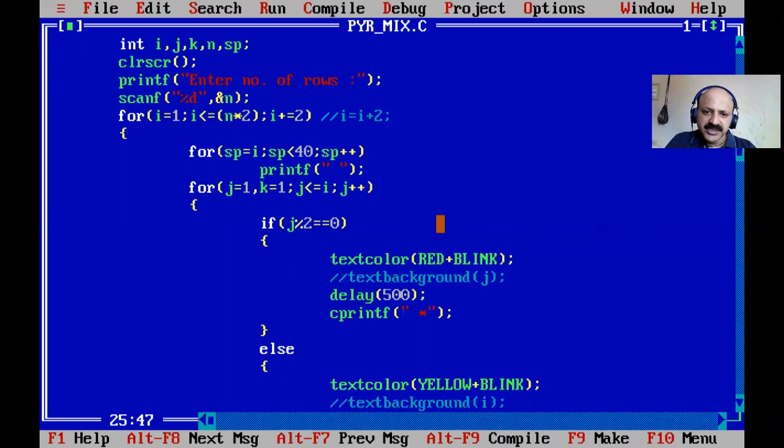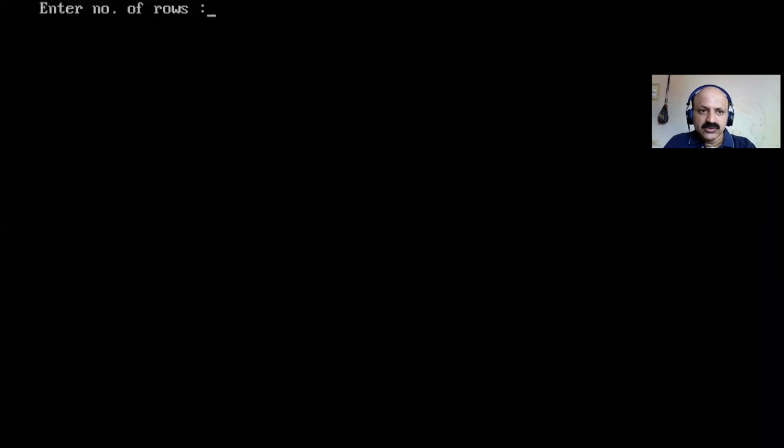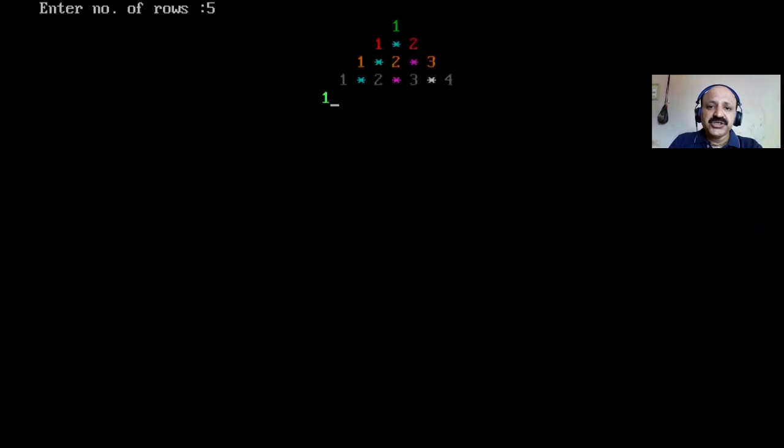So I just change it: here j plus 1 and here i plus 1. Yes, so that is i plus 1. That is better. Now it is mixed color, mixed pattern. So that is perfect, I think. Okay, so that is the color combination, and all the decoration is some testing, and then you have to decide which color is better for you. So I think that is perfect.